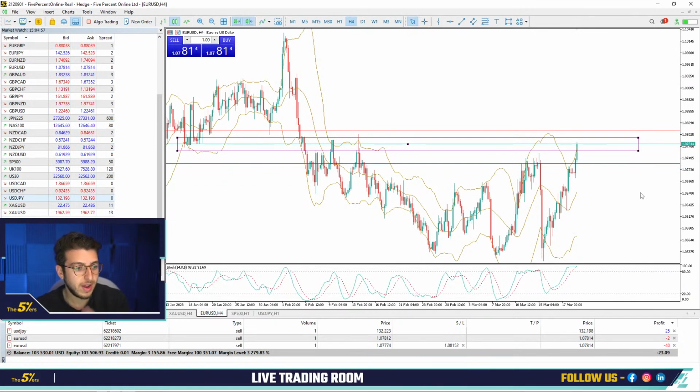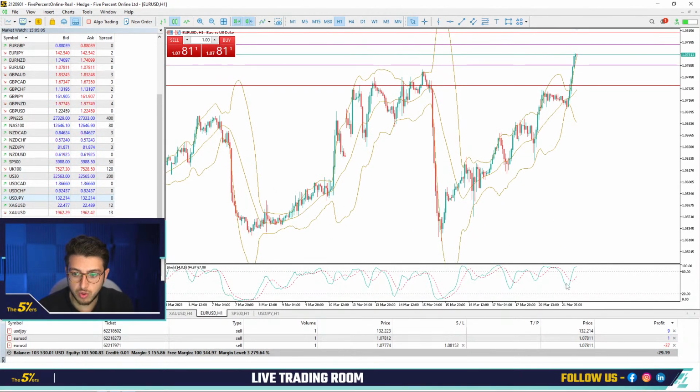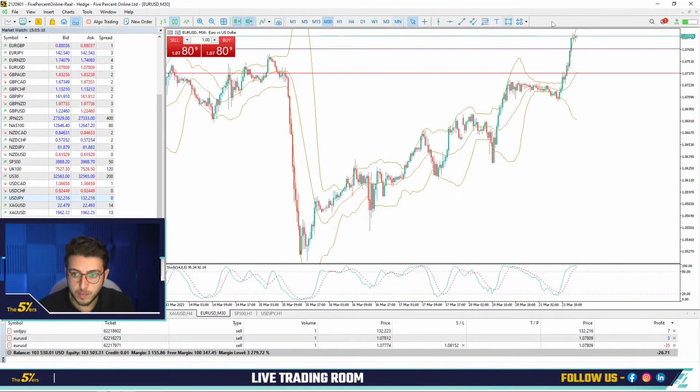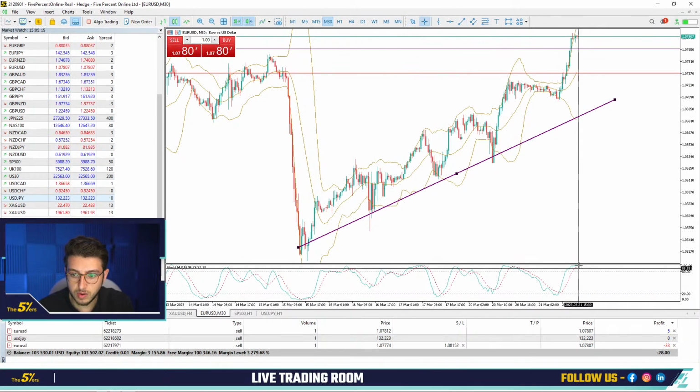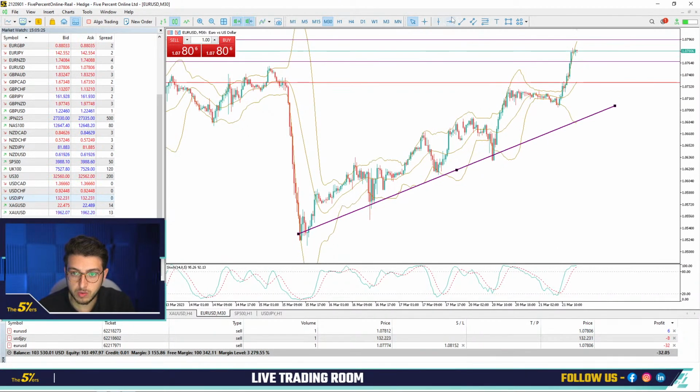Again, I'm not waiting for any confirmation in the way I'm trading the market. If we go to a lower time frame, to H1, the stochastic didn't cross yet, but it's still above 80. If we go to the M30 chart, it's quite the same. The market is indicating that it can be a point where the momentum is starting to lose. So we will see. The fact is that I want the market to go back at least a little bit to the average.